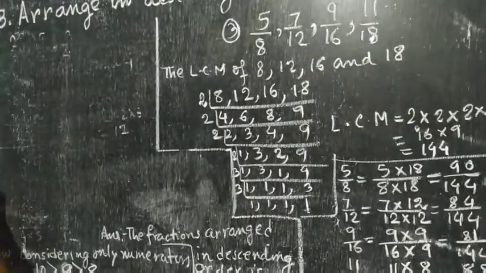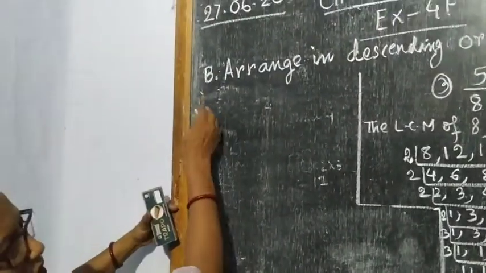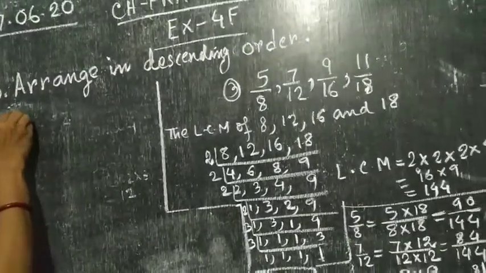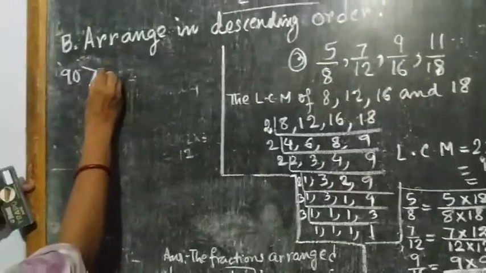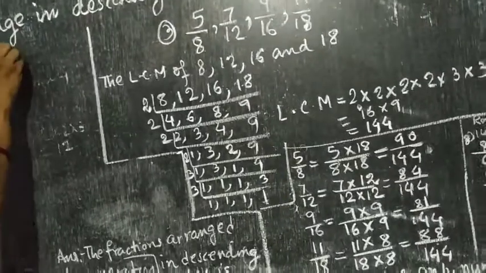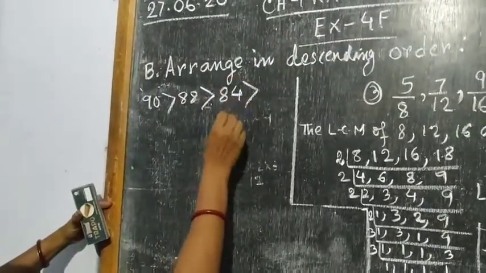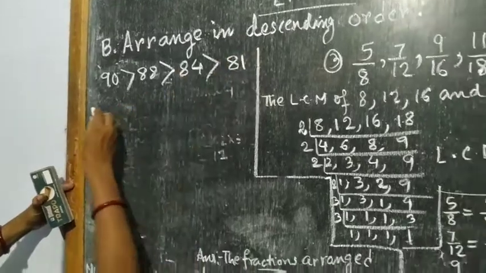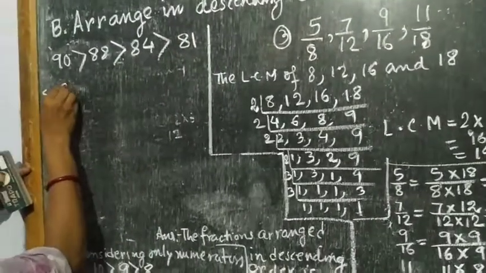So, 90 is greater than 88. 88 is greater than 84 and 84 is greater than 81. So, 90 by